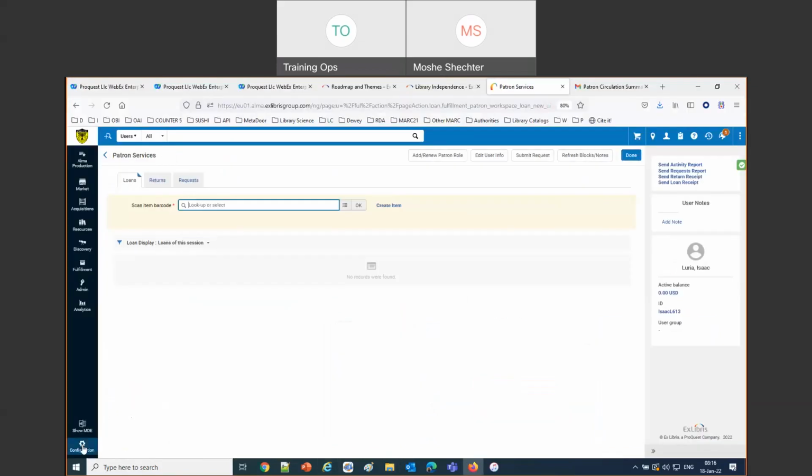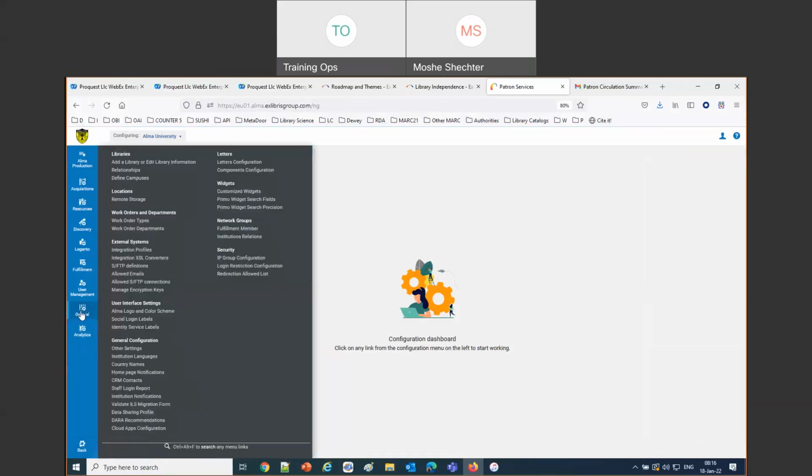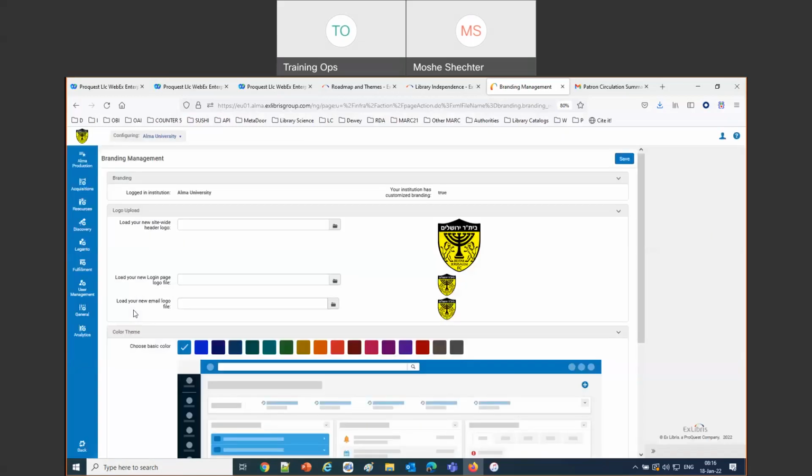We're going to go into configuration, then general, Alma, here it is, user interface and settings, Alma logo and color schemes. Now previously, this was only defined on the level of the institution.